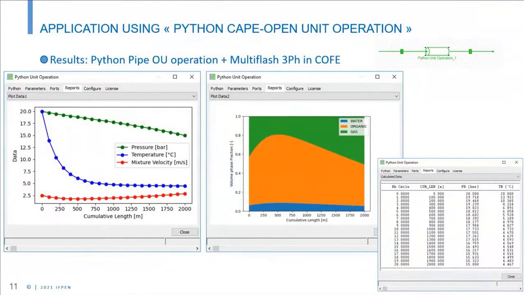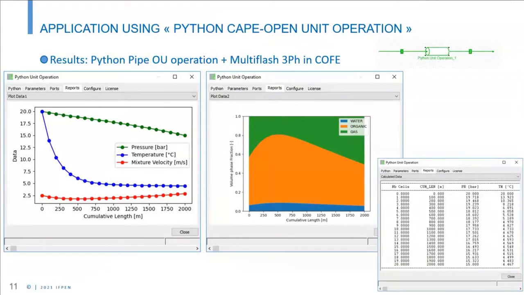On the right side, it is a view of the liquid volume fraction, water volume fraction, oil volume fraction, and gas volume fraction along the pipeline.